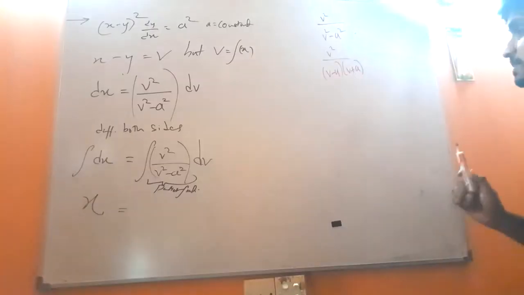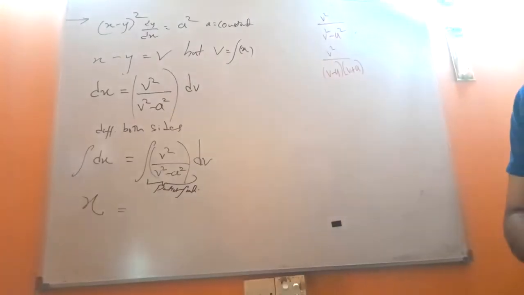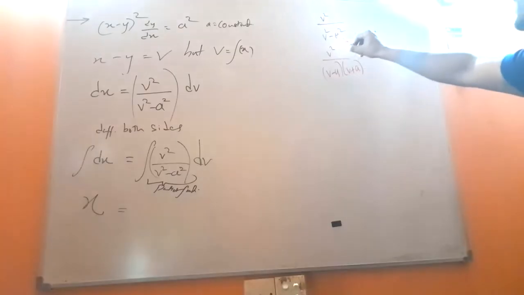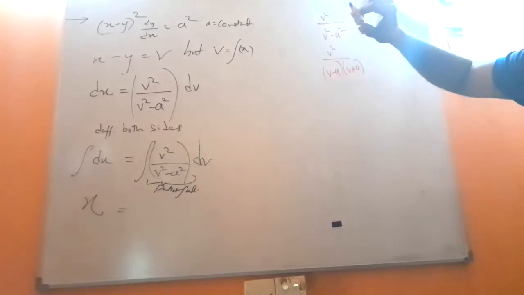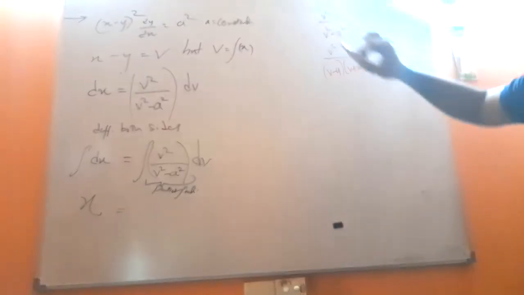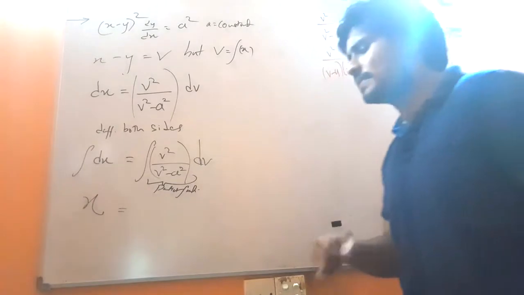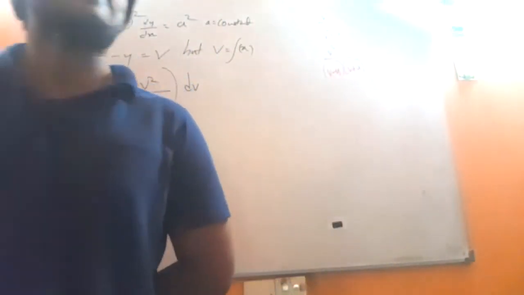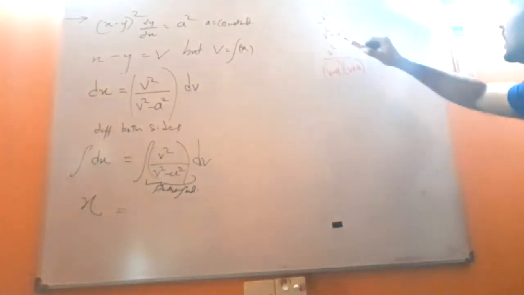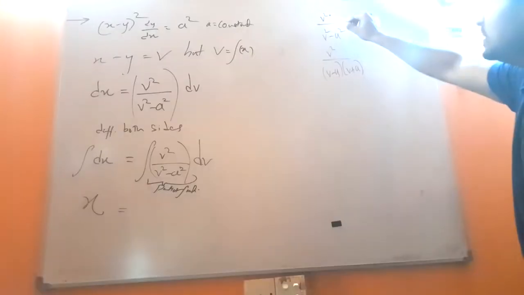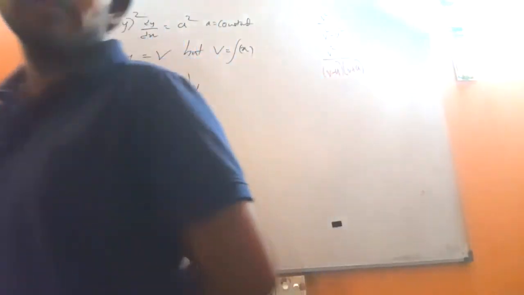Now this is a special type of problem, okay? Because the reason, look at the power of V in the denominator, that is 2, and look at the power of V in the numerator, that is 2. Now these are some rules related to partial fractioning, okay? The maximum power of V is 2, and upstairs also the maximum power of V is 2. That means both the powers are the same.